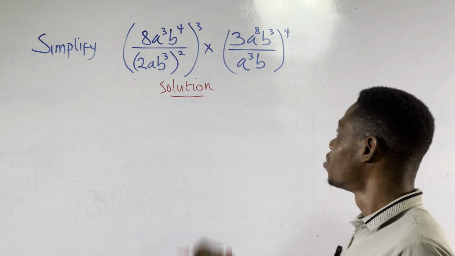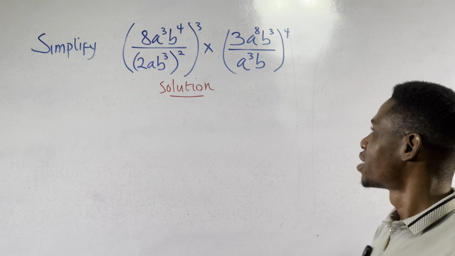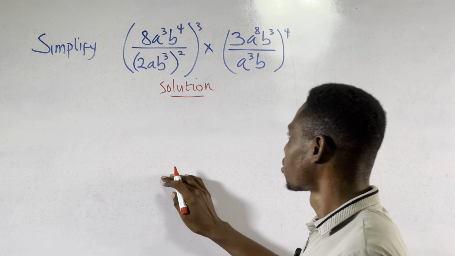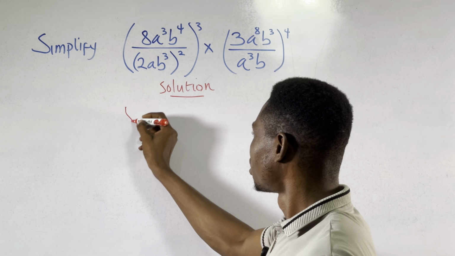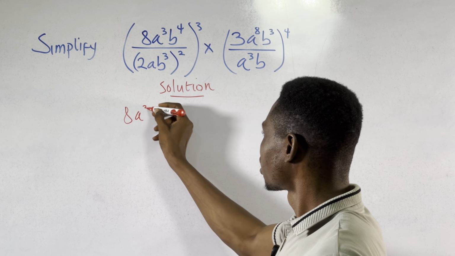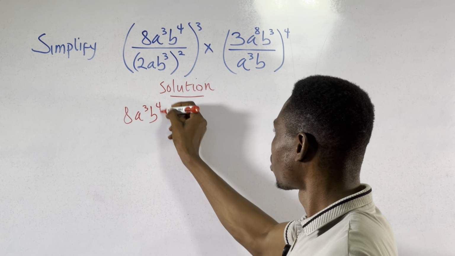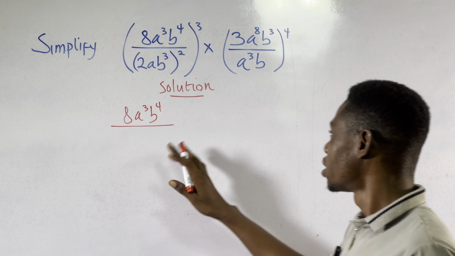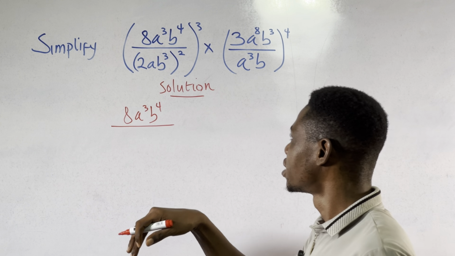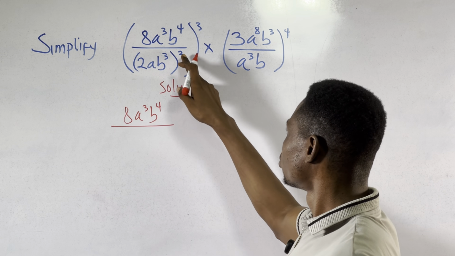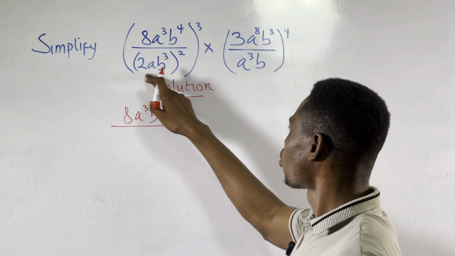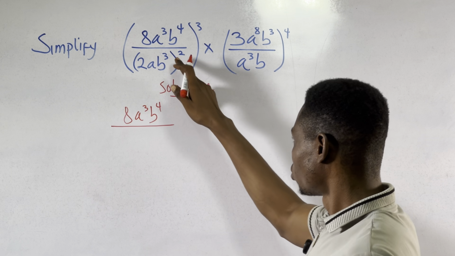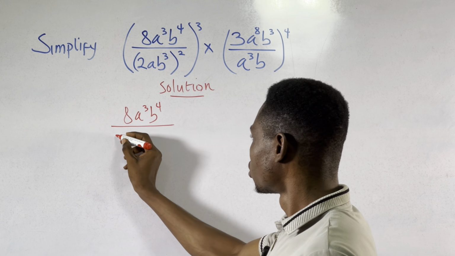Now this looks big, but let's go step by step. So I'll start with the first bracket. So here I have 8a cubed b raised to power 4 all over. Now there's a power law in indices that allows you to share this power to all the elements, all the numbers in this bracket. So this down here will give us 2